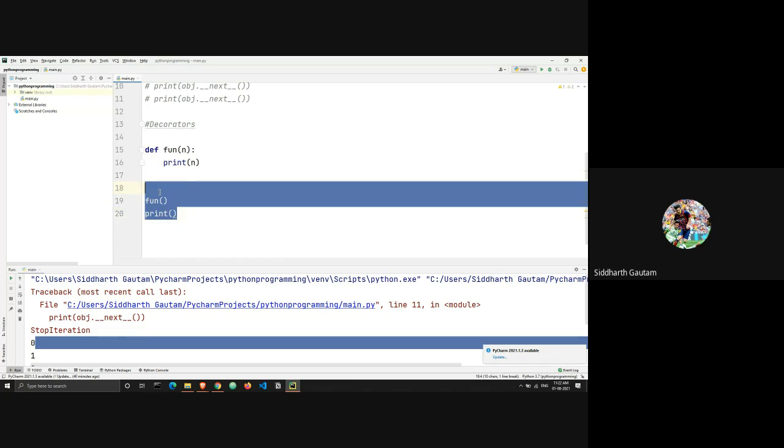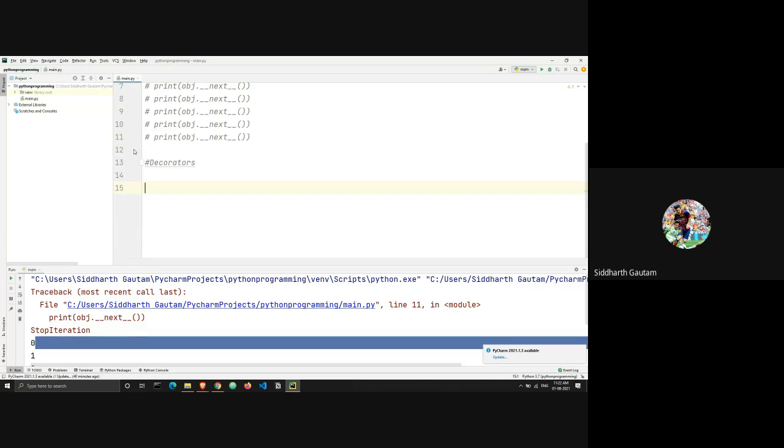Let me just remove this and we will take a look at a very interesting example. Let's take a look at def. What should we name it? Let's just name it fun. def fun, and inside the parentheses I'm going to name the argument arg.